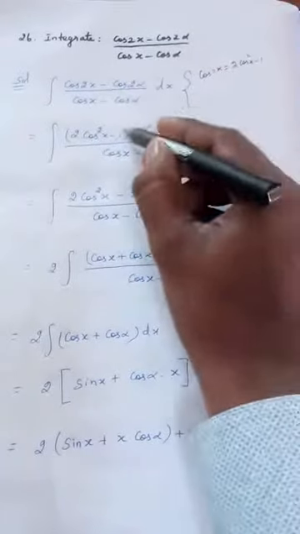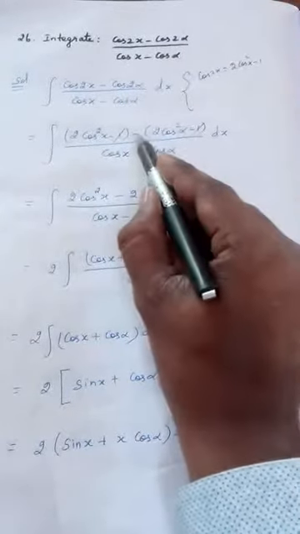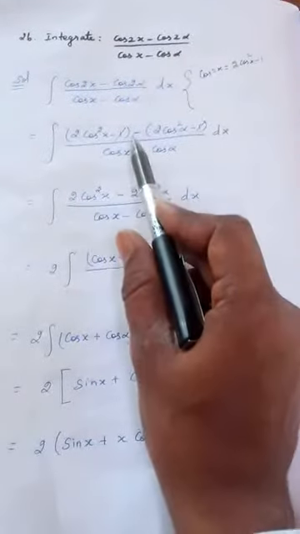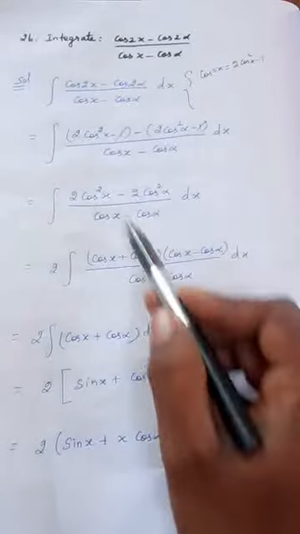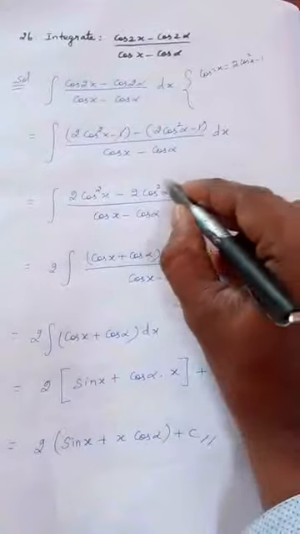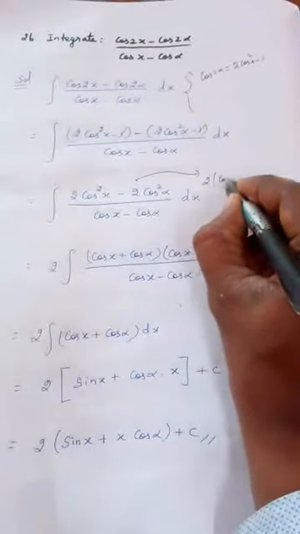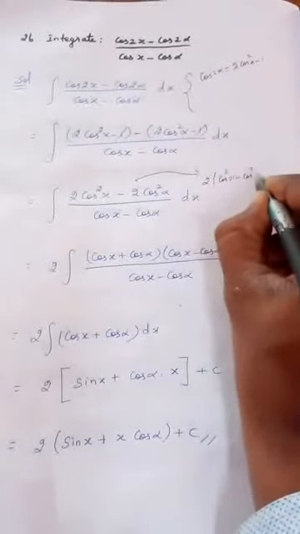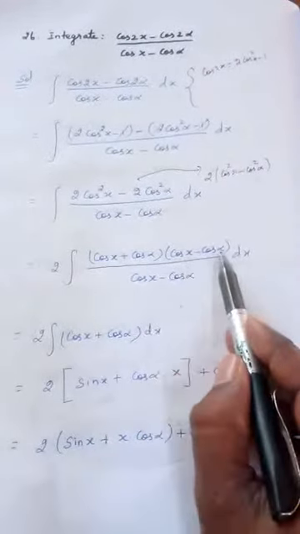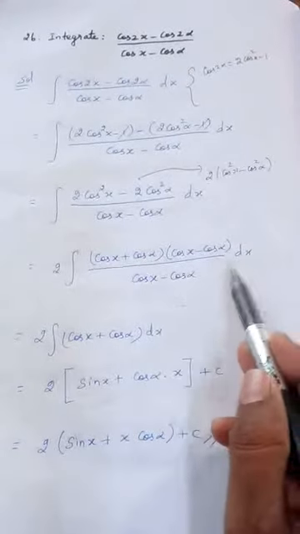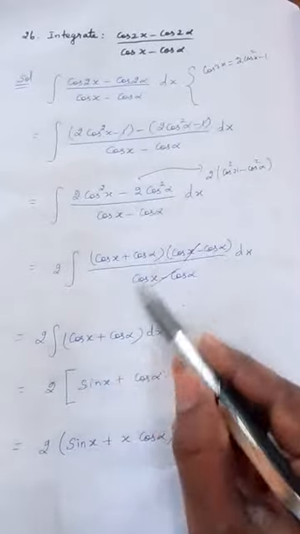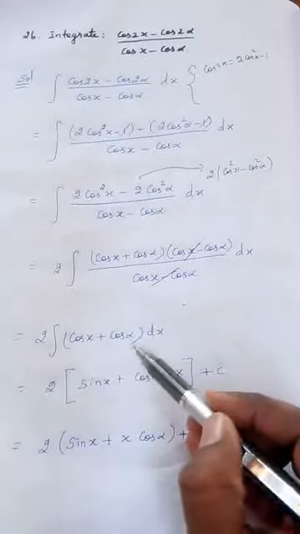Now this minus 1 and plus 1, how this is plus 1? Minus into minus. Minus 1 plus 1 gets cancelled. 2 cos square x minus 2 cos square alpha remains. From this, if you take 2 common, what will happen? Cos square x minus cos square alpha will come. So this is a square minus b square. A plus b, a minus b you can write. The denominator into dx, out of which these two will get cancelled. So 2 only cos x plus cos alpha dx remains.